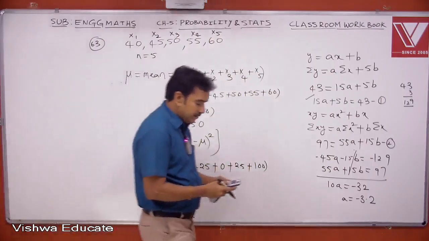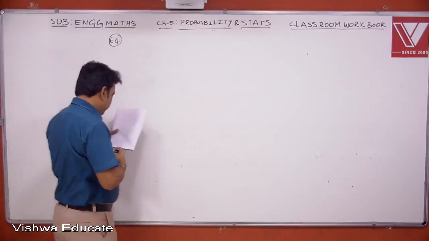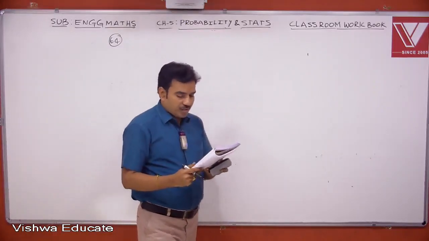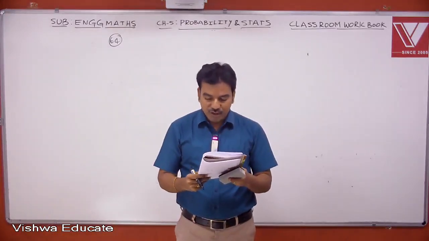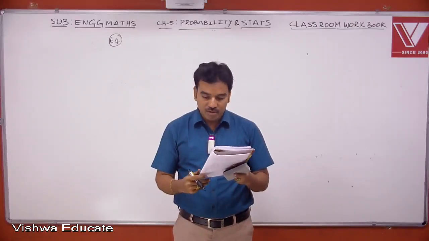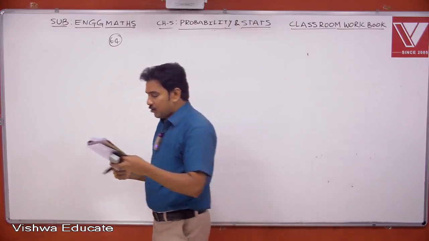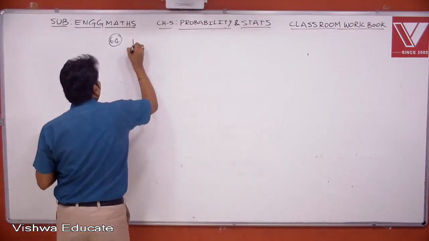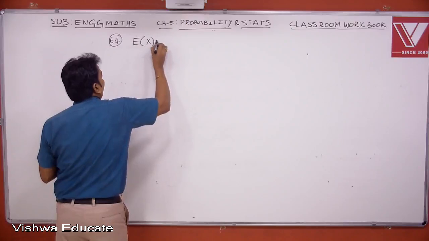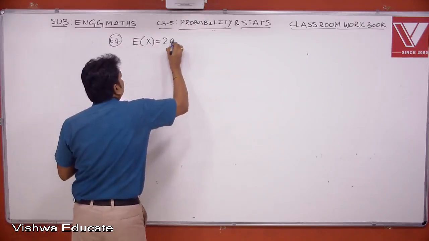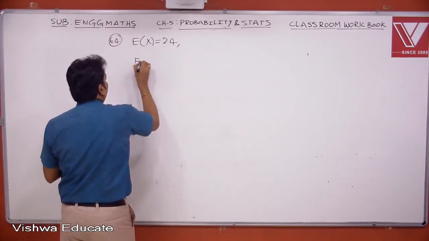Now let us go through this. The properties of a bivariate distribution, two variables, of two random variables x and y are given below. The properties are given in terms of expectations. E of x equal to 24, E of y equal to 36,